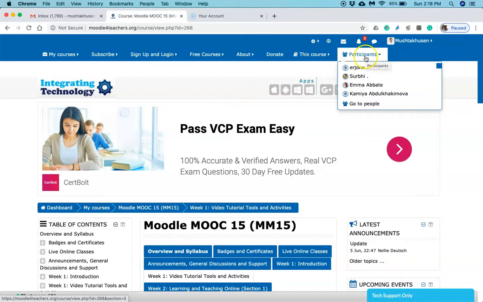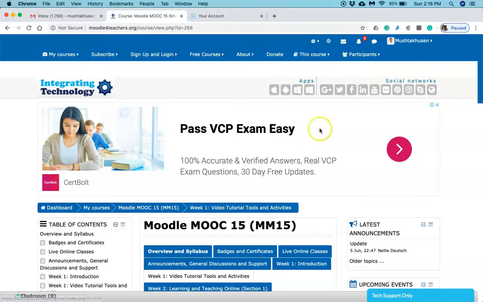we have got participants. So you will find the list of participants and you can go to people and check it. Now again here you will find the settings option. Then this option is to go to the bottom of the page, so that it will take you to the bottom of the page. Then this is to send email, so this is the mailbox, you can send emails and check emails.